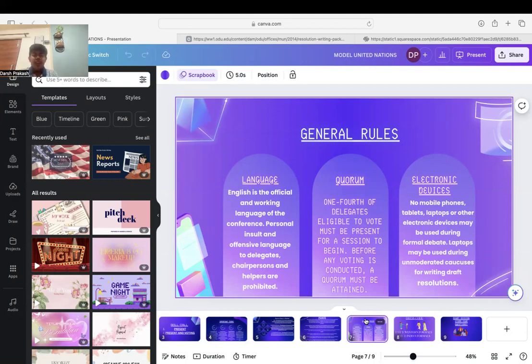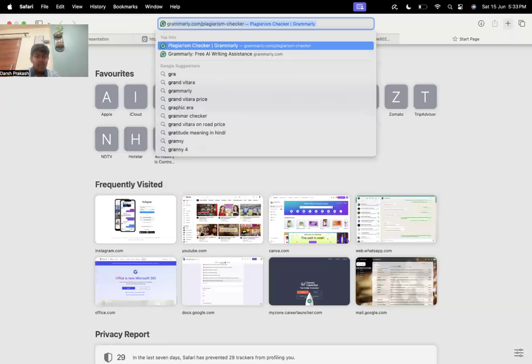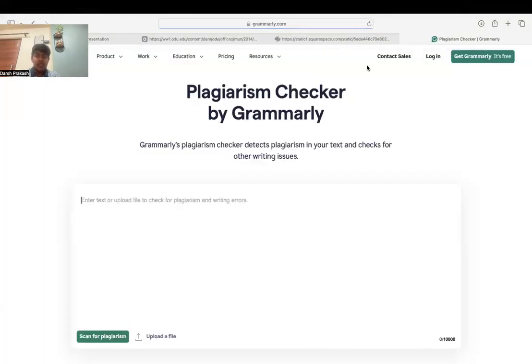Okay. Now, one major thing that I wanted to discuss with you in the substantive chit, which will also be a very crucial part in your position paper, is that you need to keep in mind the plagiarism. Plagiarism is basically the amount of content that you have copied from the website that you are using for your research. So I'll tell you all a website that I use as a plagiarism checker, and that is Grammarly. This is a very good website, and plus it is trustworthy enough. So you can use it without any fear of online hacking and all.